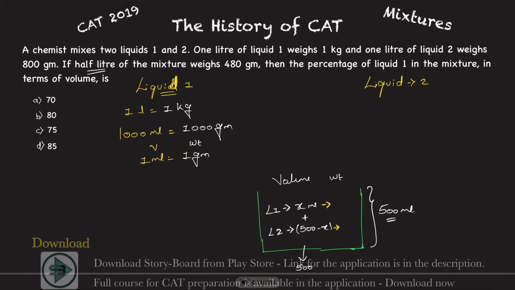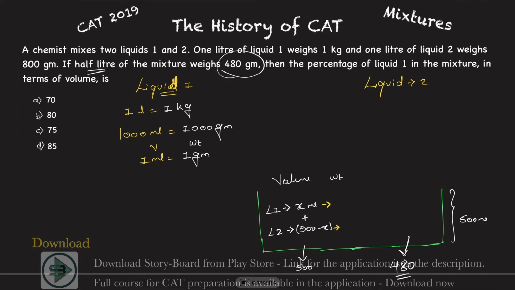Okay, and then I can reach my answer. So let's just make a space here so that we can put here what this corresponds to in grams, and what this corresponds to in grams. All that I'm supposed to find out here is this. In this mixture, the total volume is 500 milliliters, correct, and the total is 480 grams. Okay, this is something that is known to me.